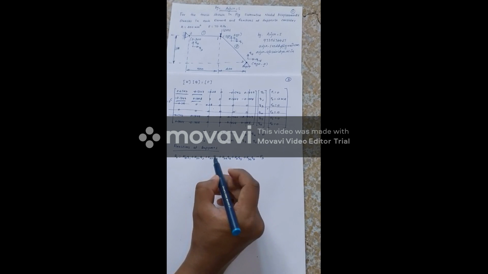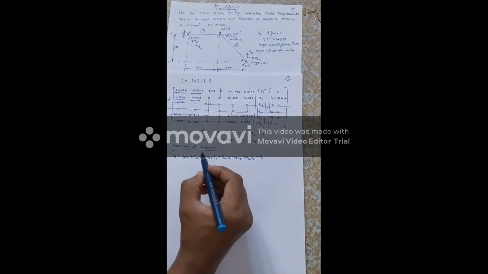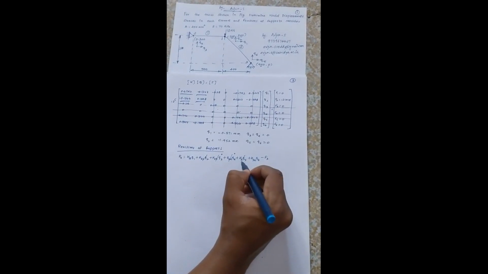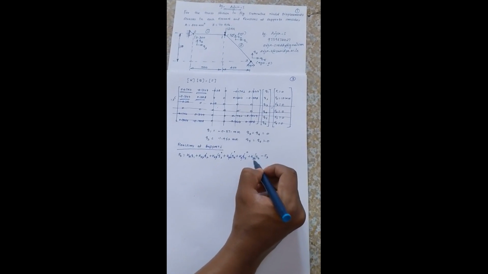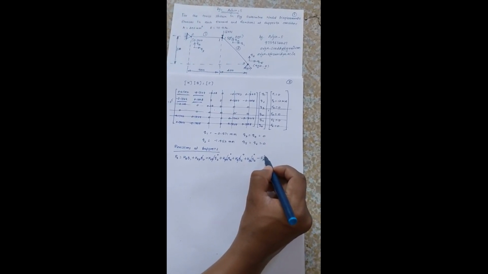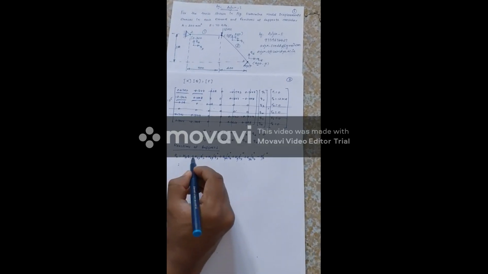Since Q3, Q4, Q5, Q6 are 0, directly these terms become 0. Since there is no load acting on node 2, even F3 can be taken as 0,